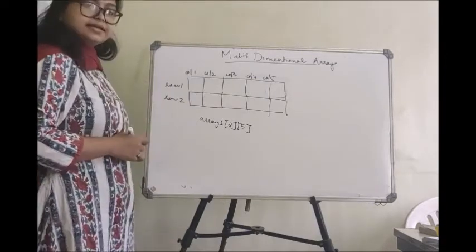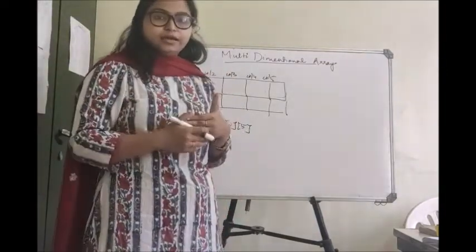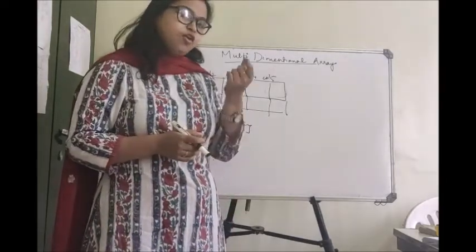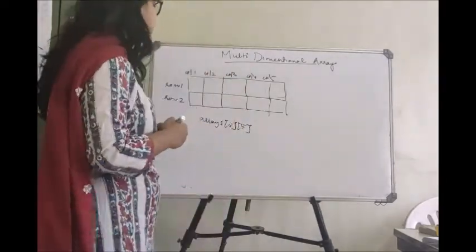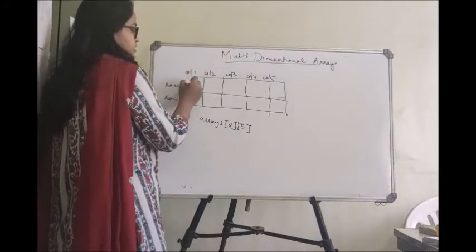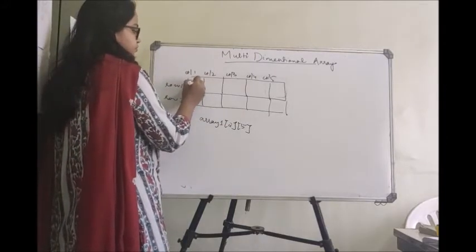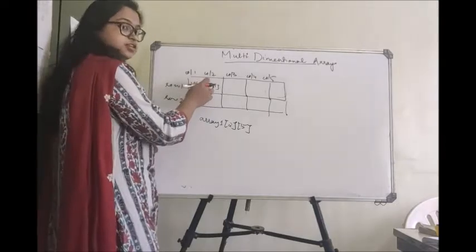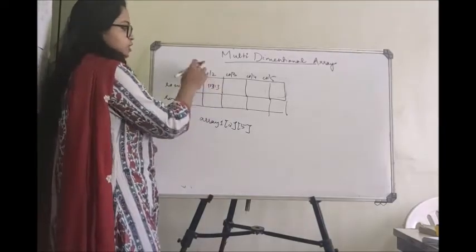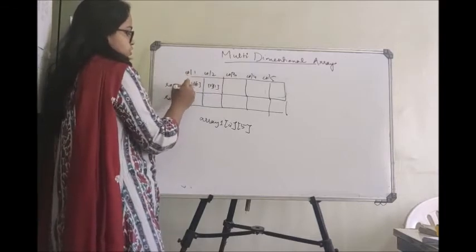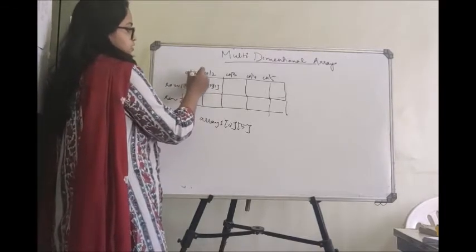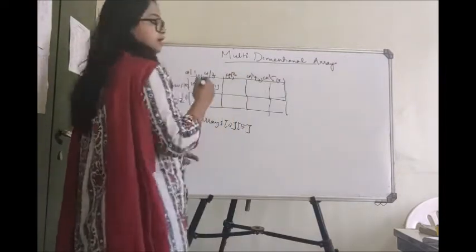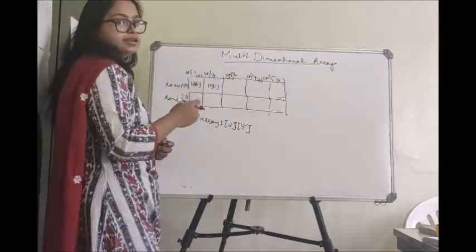Now, how is indexing done? As I told you very clearly before, array indexing always starts from 0. So it starts as element 0,0. This is element 0,1. Why are we calling it 0,1? Because this is in the 0th row and first column. This is the 0th column, this is the first column. This is 0, this is 1, this is 2, this is 3, this is 4. The indexing always starts from 0 in case of arrays.